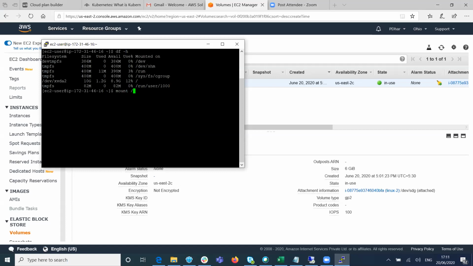Can you give them the mount command syntax, please? mount /dev/sdg, space, where you want to mount. You can use mnt or whatever you want. Just say /home.